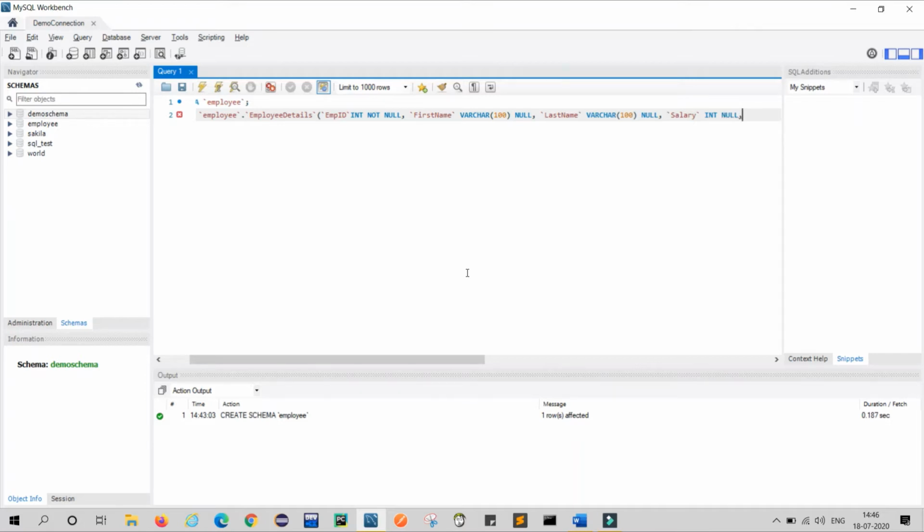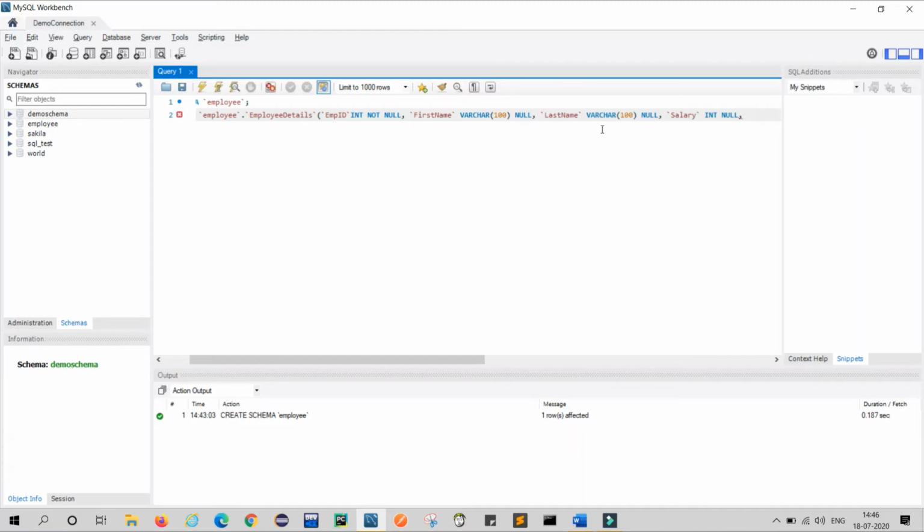Friends, in the last we will provide the primary key, and that primary key should be not null. In my query, my employee ID is not null, so I will provide employee ID as the primary key. You can use first name, last name, or salary, anything as a primary key as per your requirement, but remember that whatever you select as a primary key should be not null.